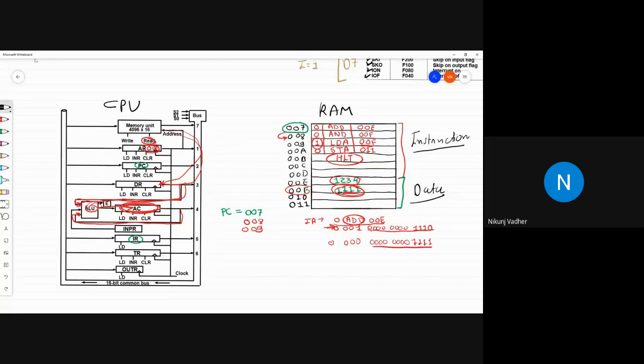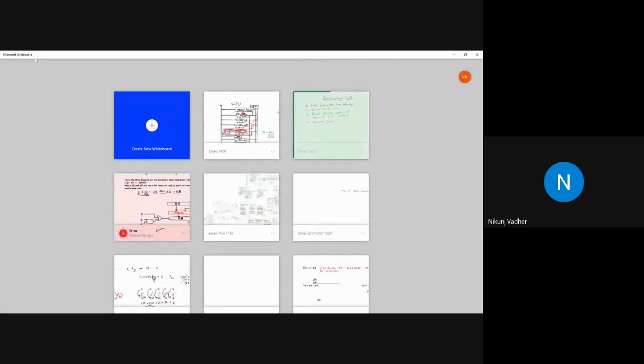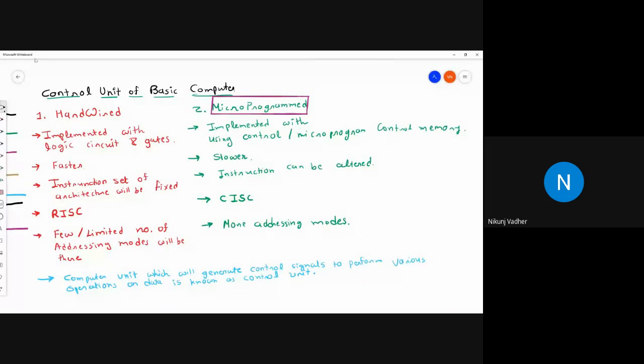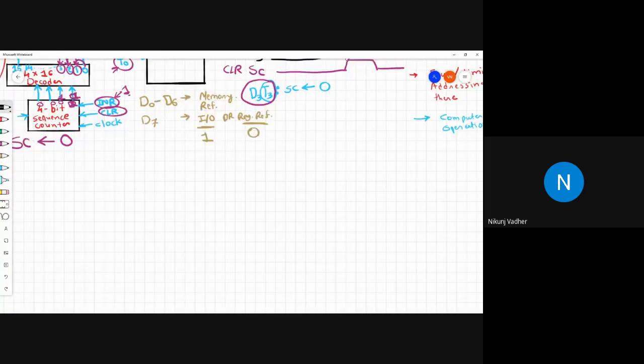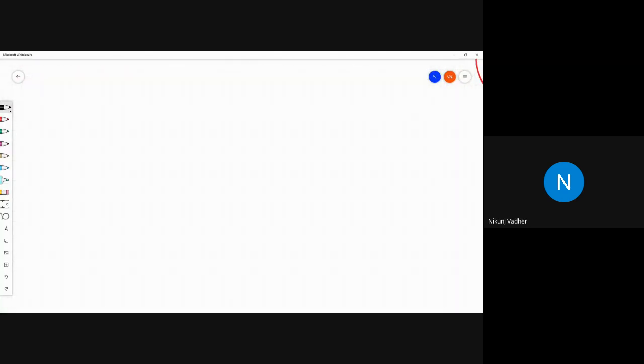So how will an instruction be executed? This is one of the most important concepts from this unit. So let's draw the instruction cycle and try to understand how it will work, how an instruction will be executed.